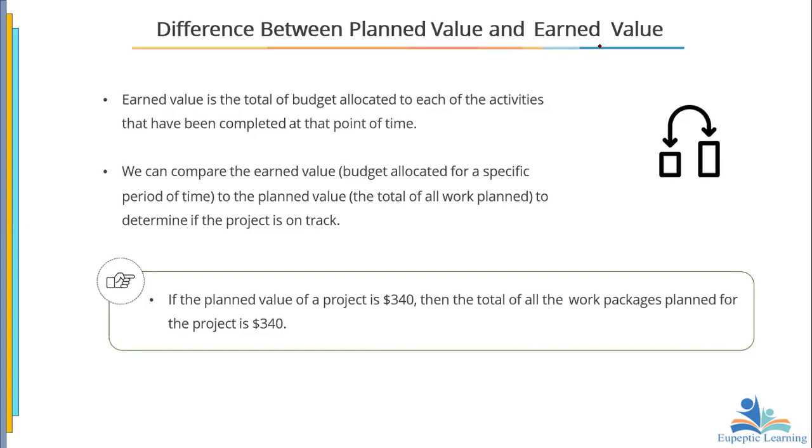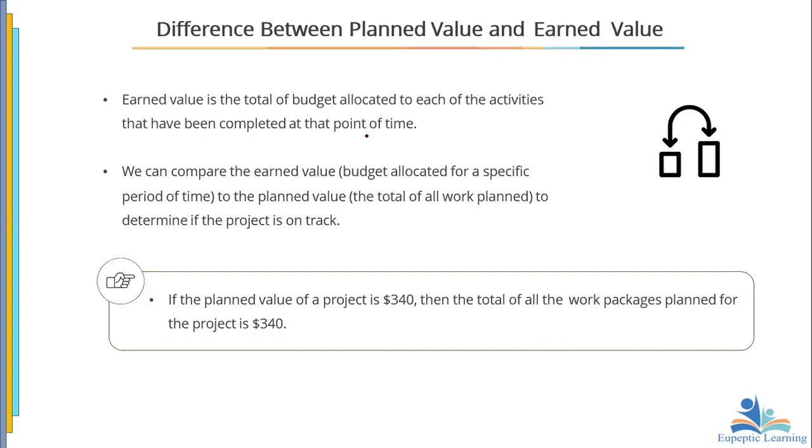So that $6,000 is going to be a planned value. Now, if you have spent $8,000 by the 6th month, then that is going to be the end value. You understand? So you need to look at this carefully. So end value is the total of the budget allocated to each of the activities that have been completed at